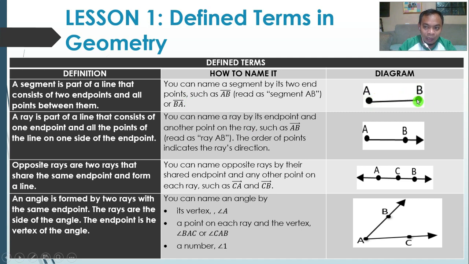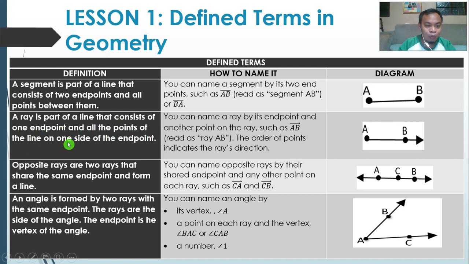We have here point A and point B. So, we can name the segment as segment AB. This is the symbol of segment AB or segment BA. Okay, AB or BA. So that's for the line segment. And for the second one, we have a ray. So ray po siya. So a ray is part of a line that consists of one endpoint and all the